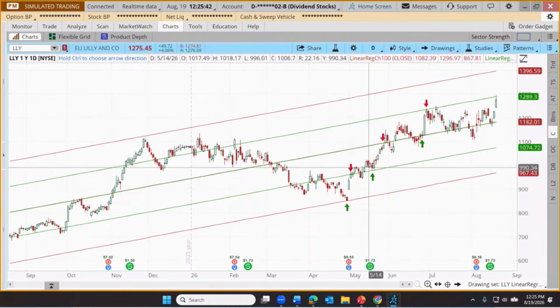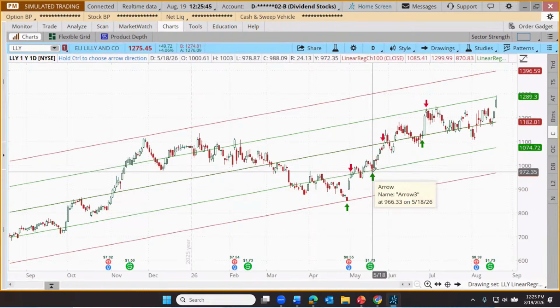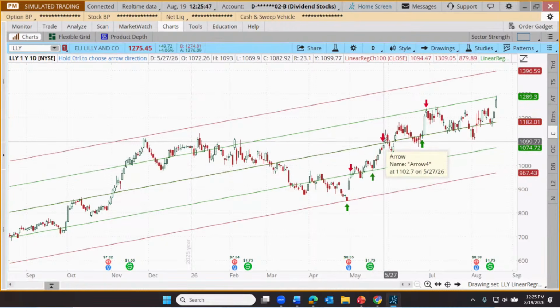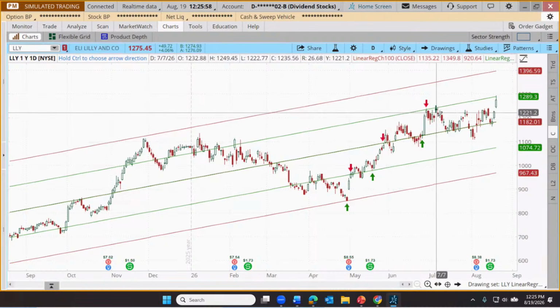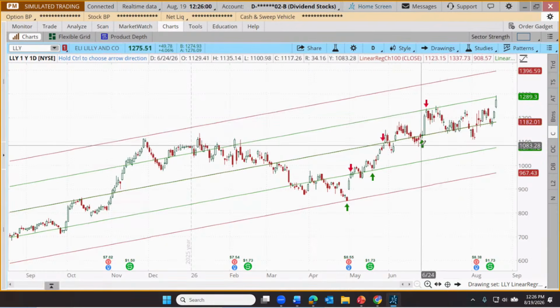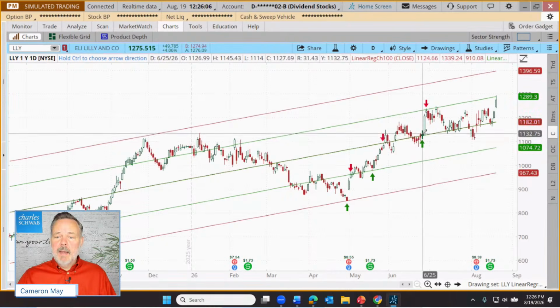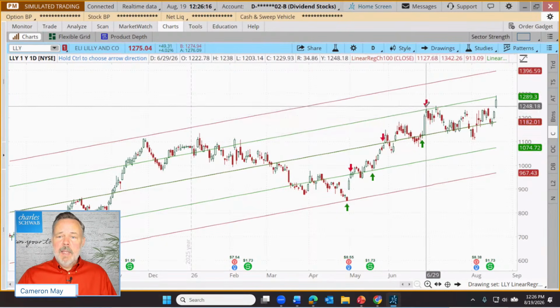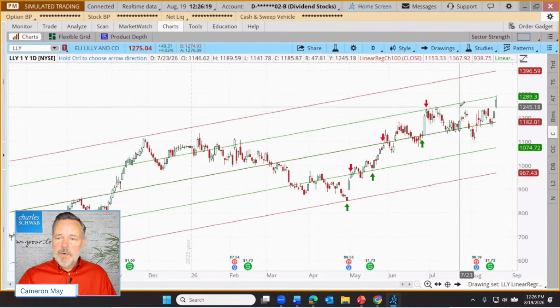So here's another one where we came down, we touched the 50 line, that's an entry. Touching the linear regression line, the trend line, that could be an exit. Sometimes it's a touch where we're coming down and we touch that line. Other times we're just coming up and through a line. So a breakthrough of that line, like we got right here. This one's a little bit splitting hairs, but price was below our trend line. We moved up and through that. That can also be a potential signal with an exit if we get up to the next line. Then back and forth the trader might go.